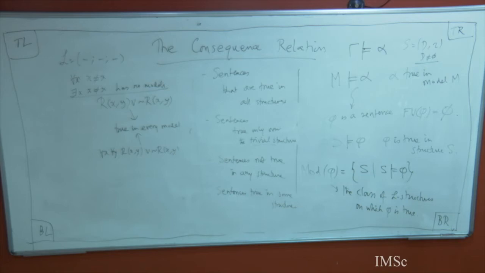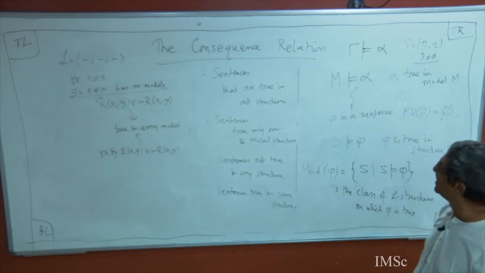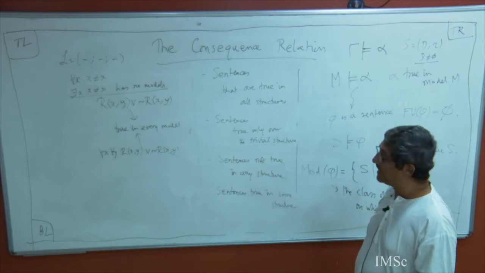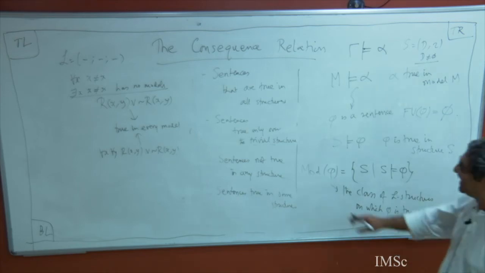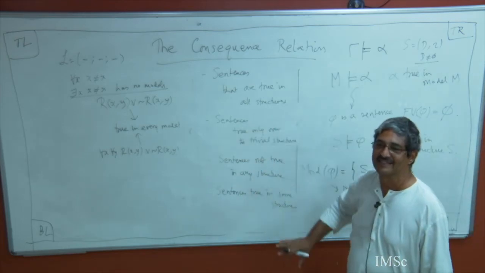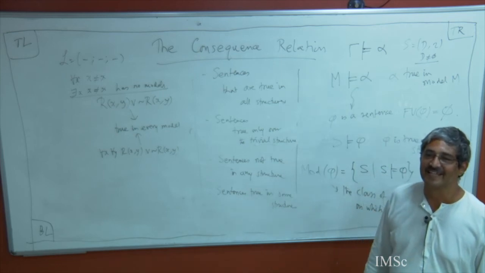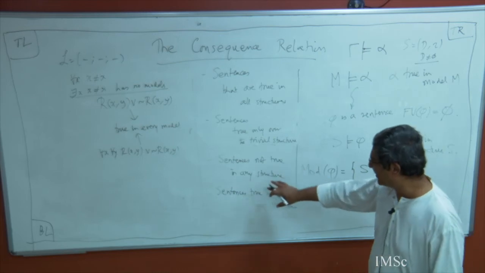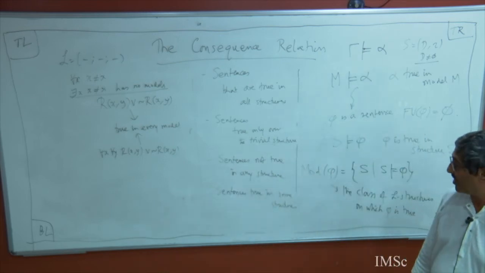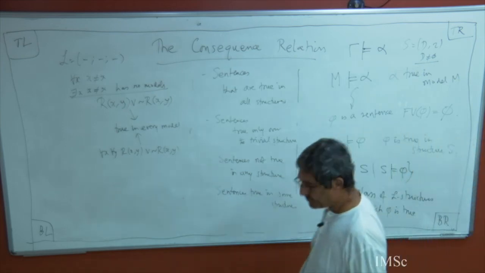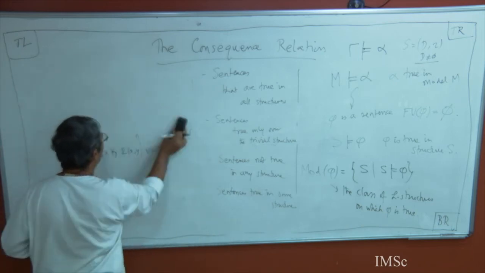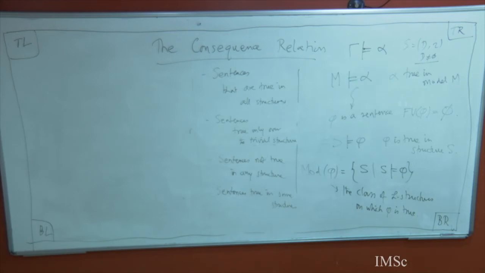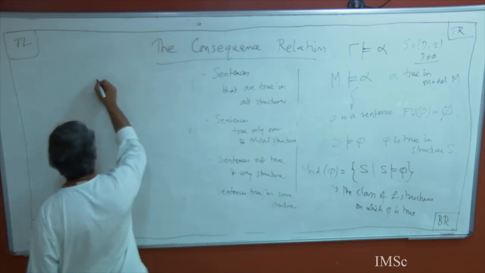Similarly, we can talk about models. Formulas that are true in all models, formulas that are true only over, well, think about that. What will you do with formulas? Can you write formulas true only over the trivial models? Okay, something to think about. What about formulas that are not true in any models? Formulas true in some models, and so on. These are sufficiently important to give some names. I am not going to worry about the trivial models, the trivial structures for now. Let's only consider these. We say that,